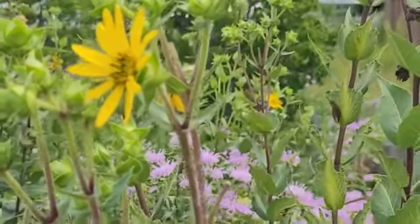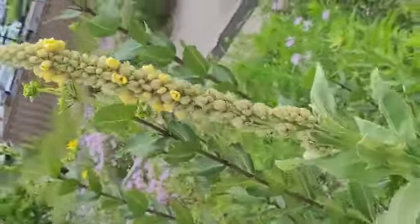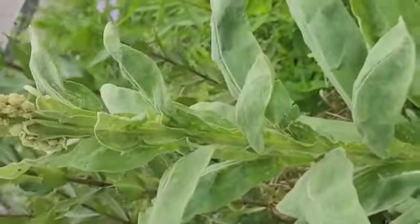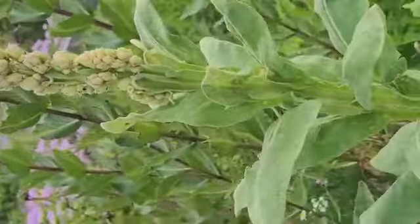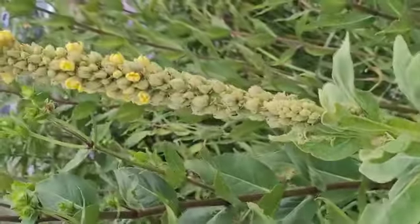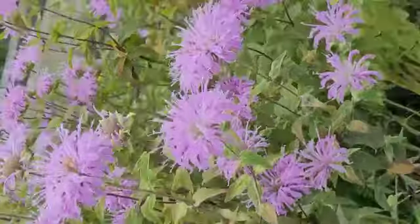I think it should be Silphium integrifolium, which I saw even in Lincoln Park Zoo. I have come across even this Verbascum thapsus, mullein, cowlick mullein, or velvet leaf, unbranched winged stem. We call it Gidar Tamaku or Sot Tamaku in Jammu Hills, and this has a lot of medicinal qualities. Mullein can be used as a mullein tea. All these flowers, bee balm, Monarda bradburiana,